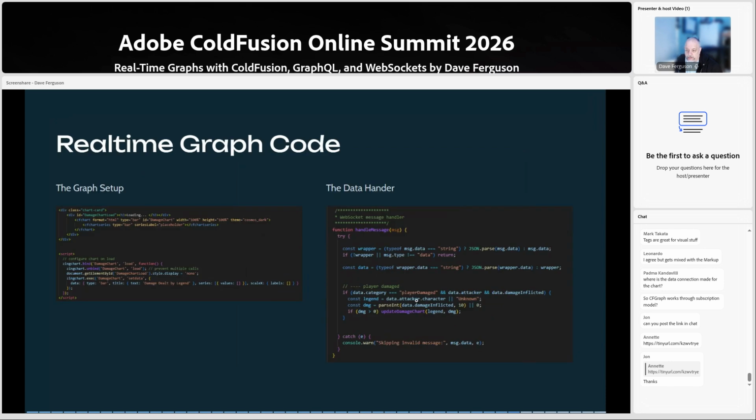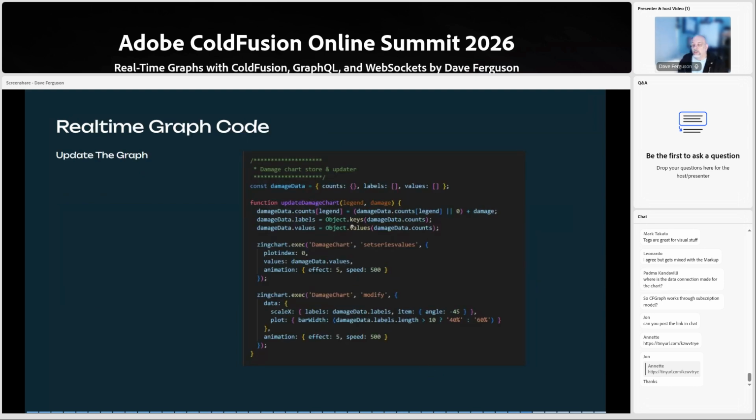So going back really quick again. So this player damage here, at the end, we're calling this update chart with the legend and the damage that just happened. So update damage chart, this is where kind of all of the magic happens. In here, we're passing in the legend and the damage. What legend did the damage, and how much was it? So what we do is in here, we're creating